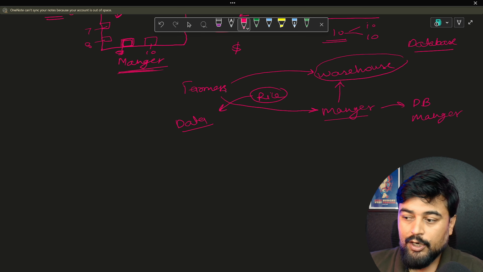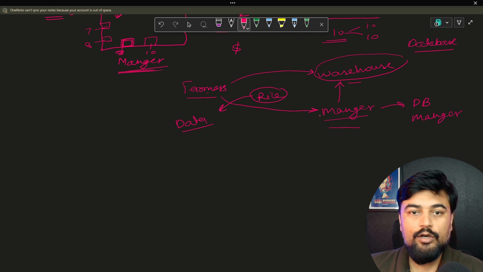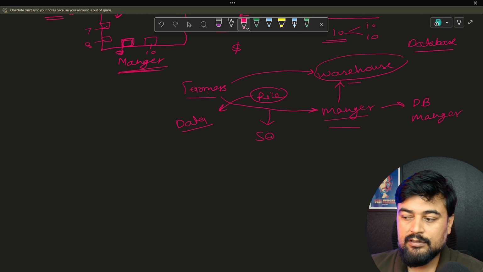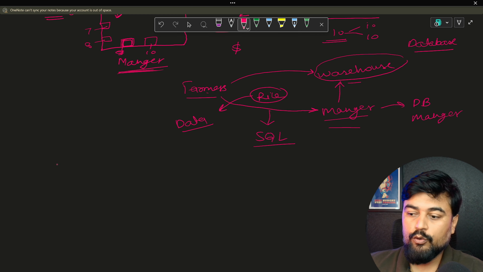Simple. Now to interact as a farmer with this warehouse and the manager, you need a language. The farmer will have to tell the manager, right? Without telling, the manager will not be able to understand what the farmer wants to do. This communication language is known as SQL. Especially we are going to talk about